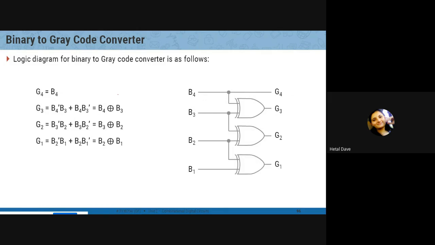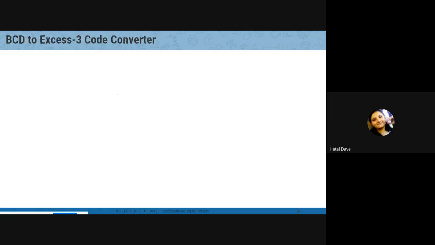Although it is covered in our lab session, in theory it is given animation-wise, so you can understand the concept easily. Now what is your role? Write down. You need to design a 3 bit binary to gray code converter circuit. Don't look at the other one because it is the second circuit. We will cover it later on.